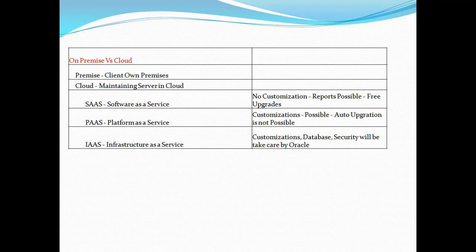The next one is the IaaS platform, infrastructure as a service. Infrastructure as a service means customization, database and security. Customization, yes, it is possible. Database, it is possible. Security will be taken care of by Oracle as well as you. Both parties can do this. What is meant by infrastructure as a service is nothing but